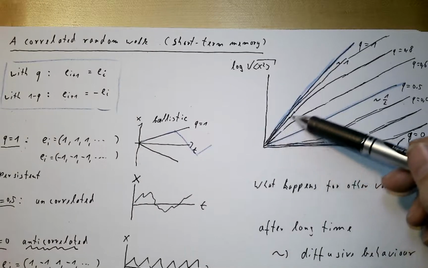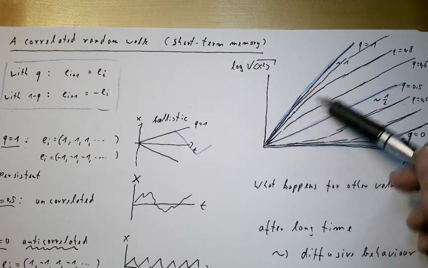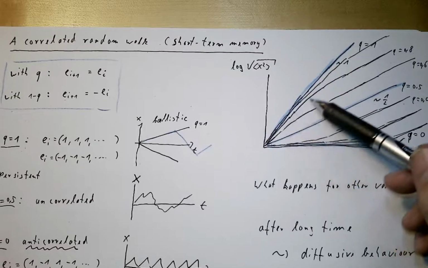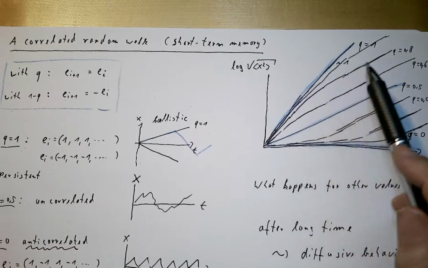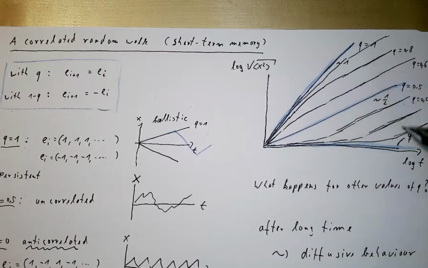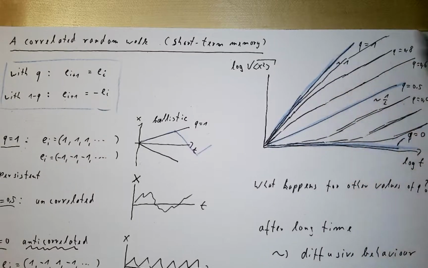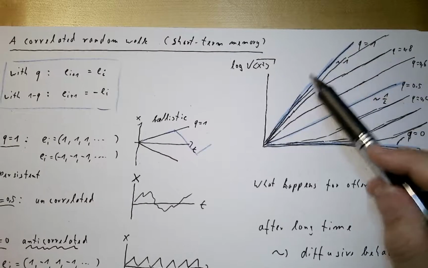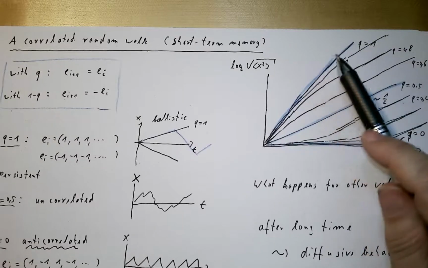This means for short term the memory is really clearly visible, and the mean square displacement deviates from a diffusive behavior. But if we wait long enough, then you see, independent of the parameter q, the walker always goes with mean square displacement with the slope 1/2. So this means after a long time we are always in the same universality class,